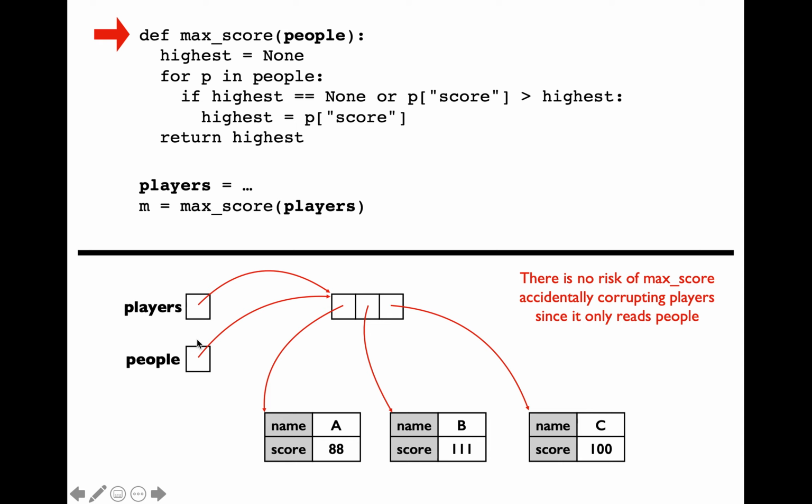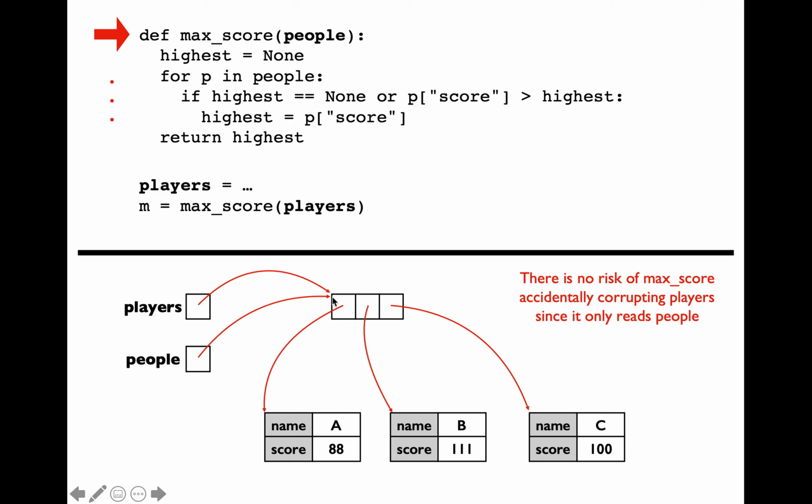So you're going to create a brand new arrow from people variable box to the corresponding list which represents the outer data structure. Then we are going to use the design pattern that we have been learning to determine max or min of some value within a list of values. We are simply going to write a for loop to step through each of the index positions within this list object instance, and we are going to use the design pattern by initializing highest to None, and we want to compare the current score against the previously known highest and update the highest score if the current score is better than the previously known highest.